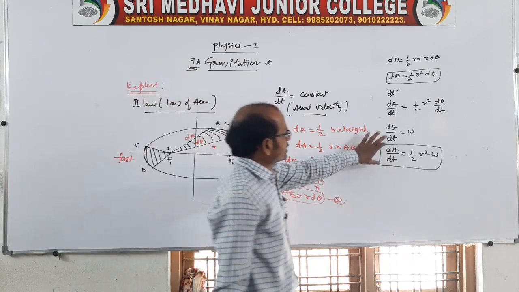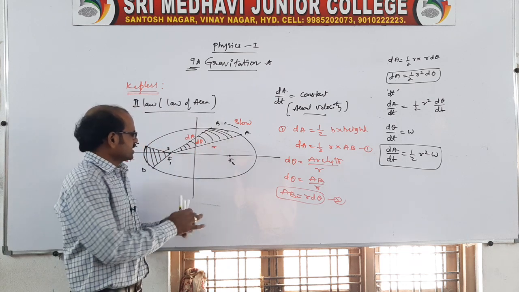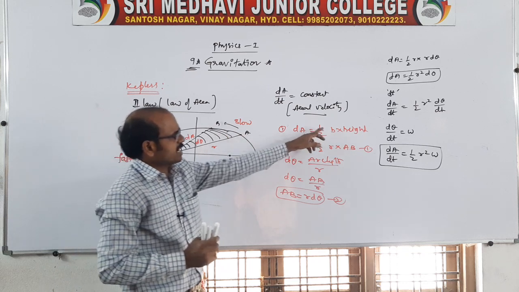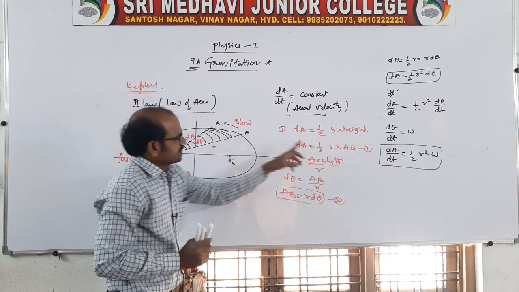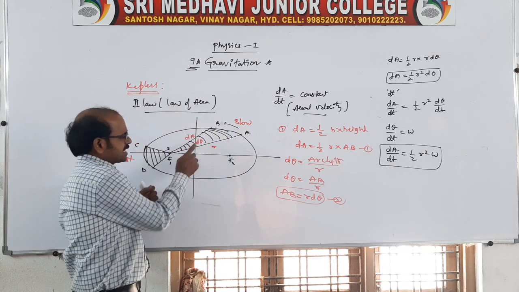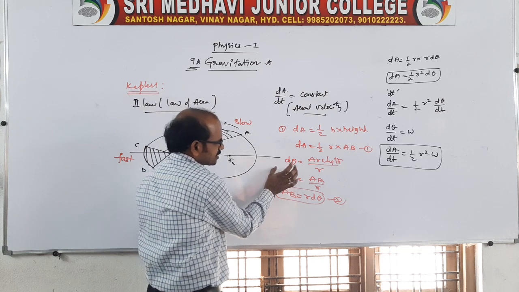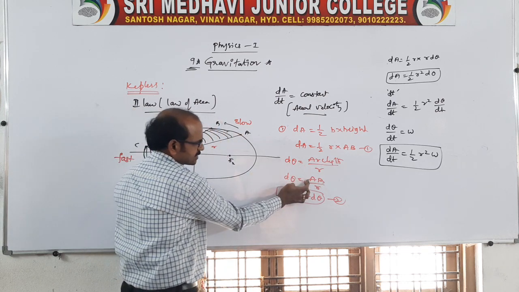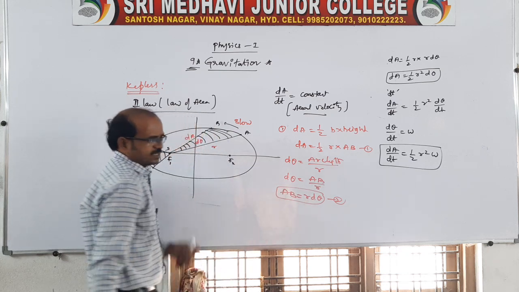So dA by dt is equal to, by using this triangle, is it one triangle? Yes, AB is a triangle. From this triangle, the area of the triangle will be half into base into height. Base will be r here, height will be AB. But here we should get an angle theta, because it subtends an angle theta. d theta is equal to arc length by radius. What is the arc length? AB is the arc length. What is the radius? You take r. So from here AB is equal to r into d theta.